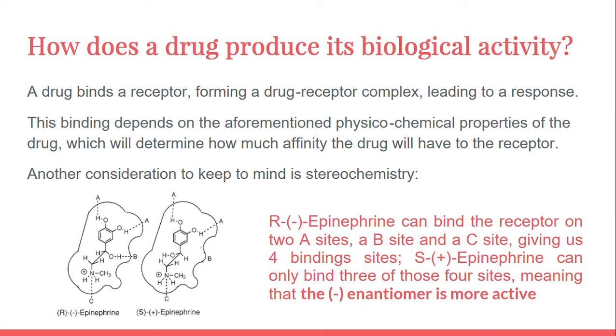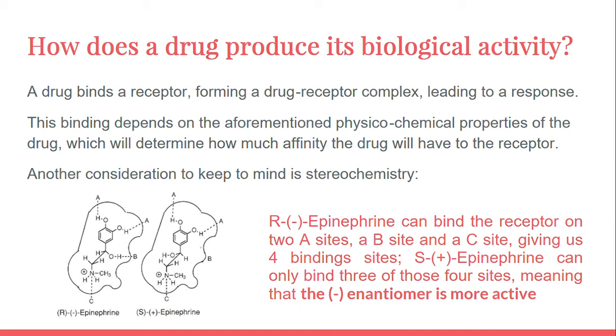In this example, we have two stereoisomers of epinephrine, plus, which we will call dextro, and minus, which we will call levo. Now, levoepinephrine can bind the receptor on two A sites, a B site, and a C site, according to the scheme on the left, whereas dextroepinephrine can only bind 3 of those 4 sites. As you can see, the stereochemistry of dextroepinephrine does not allow it to form a hydrogen bond with the B